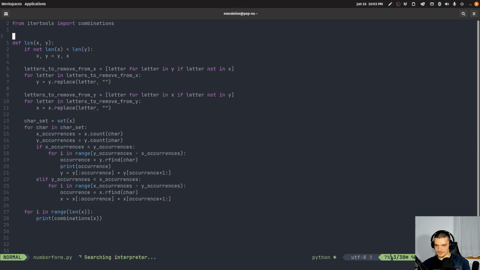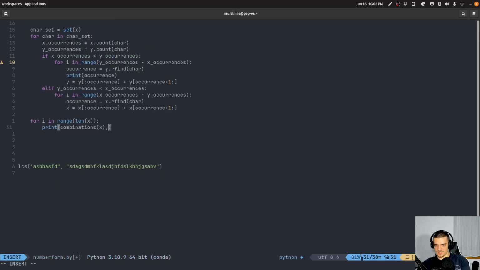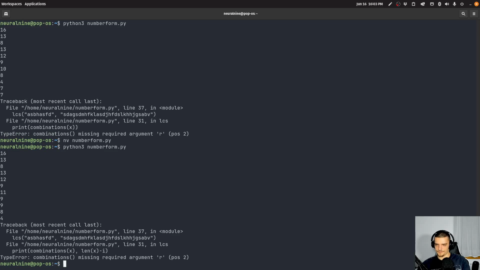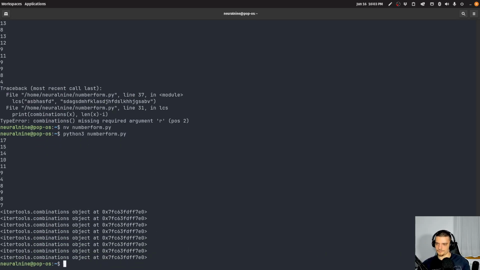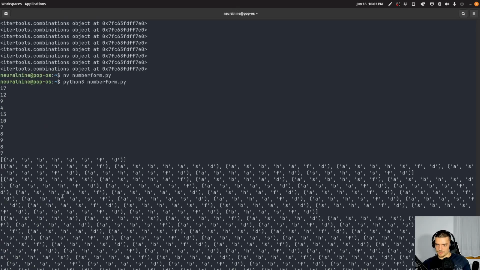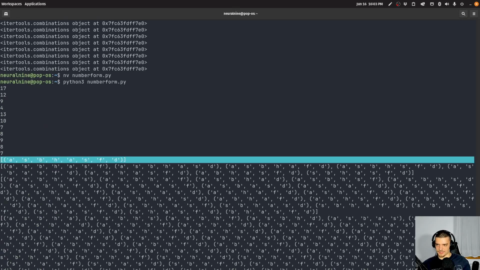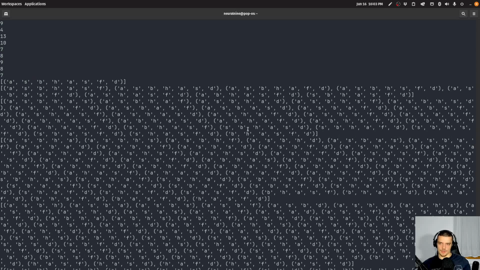I think I need a number. So let's actually say of size length x minus I. Missing required arguments. Didn't I pass a second argument? Oh, not to the correct function. Can I turn this into a list? Okay, so this is of size length. This is one less than that. Okay, so I think that all we can do now is we can say